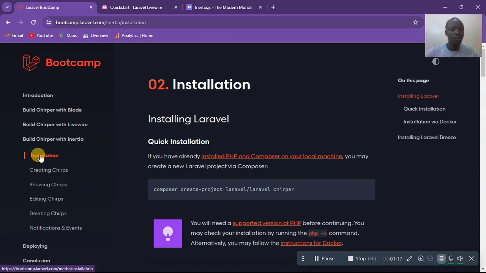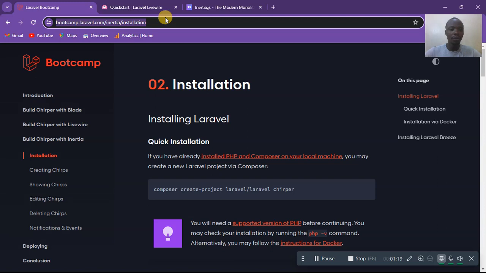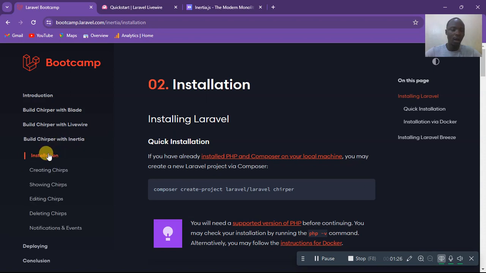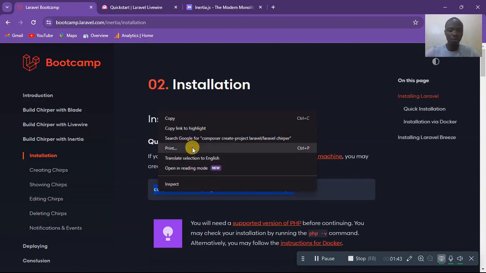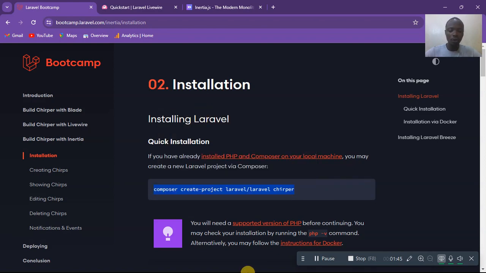Alright, so the first thing is just come to this URL. I'm gonna send you this URL, okay? And what you need to do is come to this last item here, and it's gonna open up the section called installation. So the first thing you're gonna do is copy this: composer create-project laravel/laravel shipper. Just copy it, okay? I'm also going to copy it,